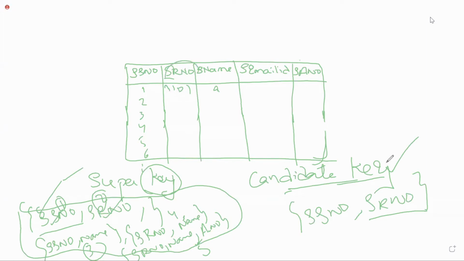But a candidate key is the minimal set of super keys. You said we can take a single attribute and identify uniquely. So why don't we take name separately in the super key? Is name going to give us the unique record? No, maybe the duplicate names will be there, the redundant names. Maybe for 4 also the name is the same. So we will not even consider that as a super key.